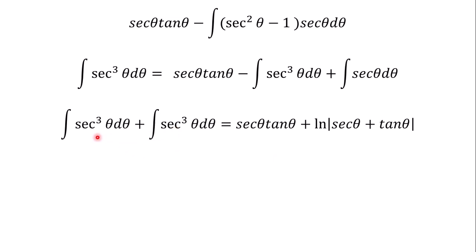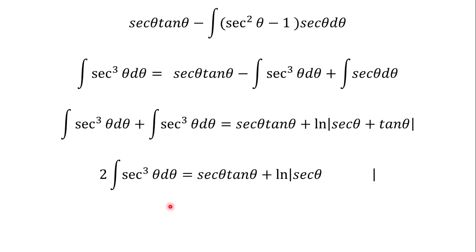So this plus this will give us what? I think 2. That gives us 2. 2 integral secant raised to the power 3 theta d theta is equal to secant theta tan theta plus natural log of absolute value secant theta plus tan theta. Here we are having 2. So what are you going to do? You're just going to multiply both sides by